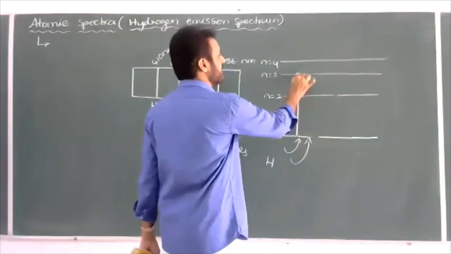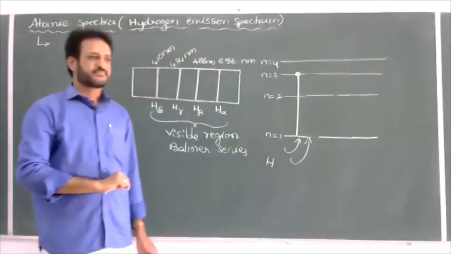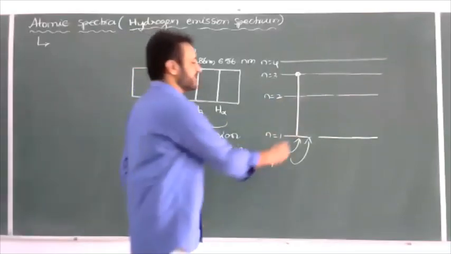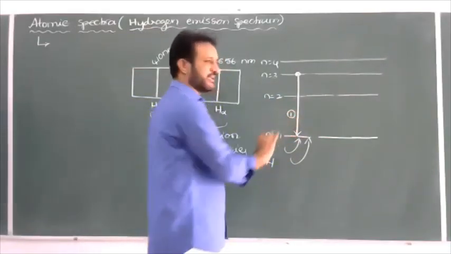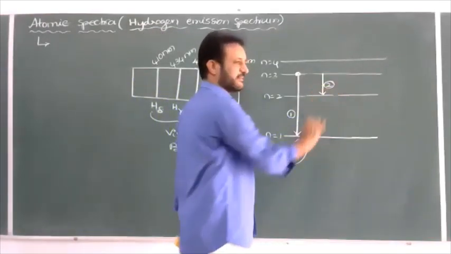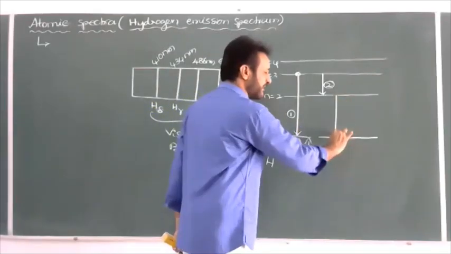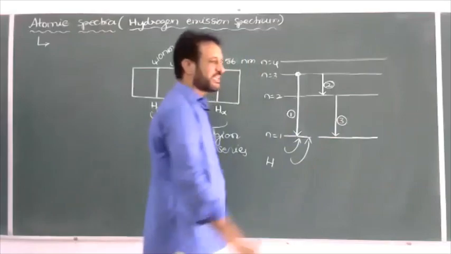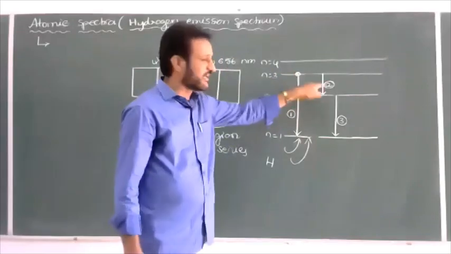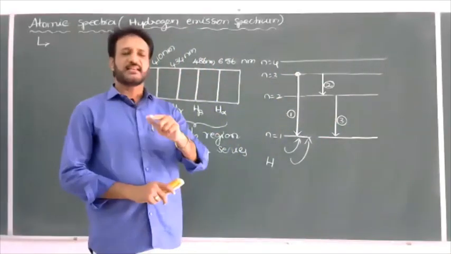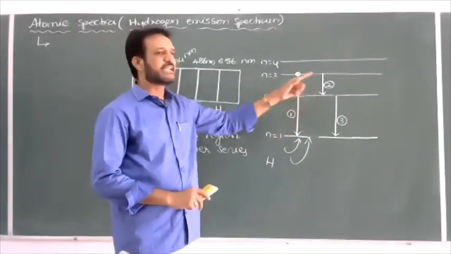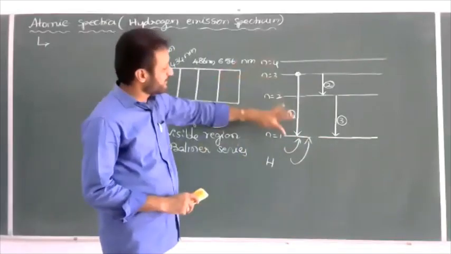Correct? While returning back, how many ways may the electron return? Directly, the electron may jump from the third to first orbit, giving one spectral line. The electron may jump from the third to second orbit, giving a second spectral line. The electron may jump from the second to first orbit, giving a third spectral line. So, at the time of de-excitation of the electron from the third orbit, the total number of spectral lines is 3. In 3 ways the electron may return: directly third to first, or third to second, or second to first. Same electron jumps from the first to fourth orbit.